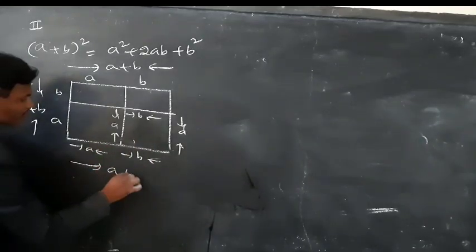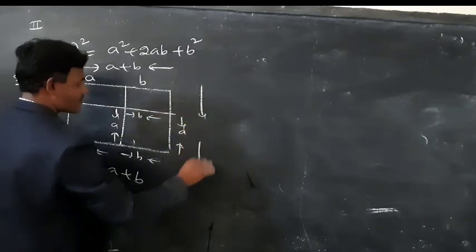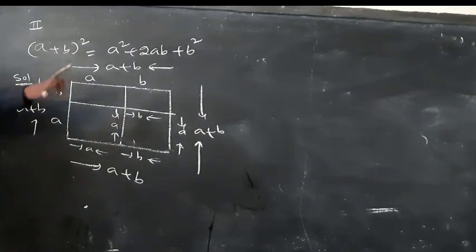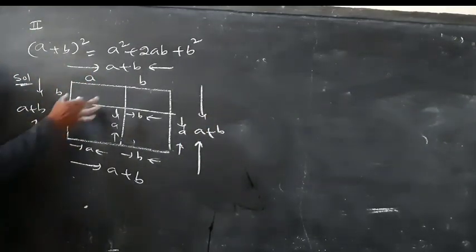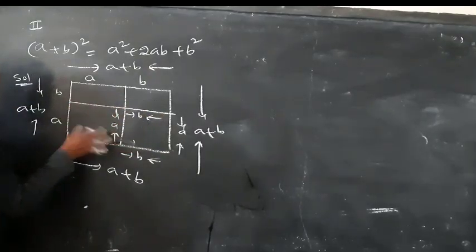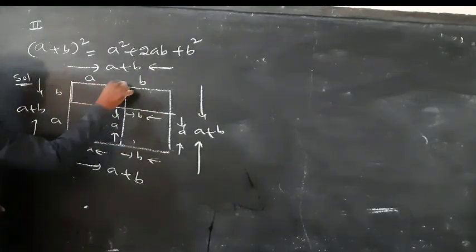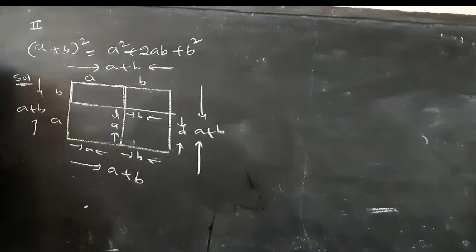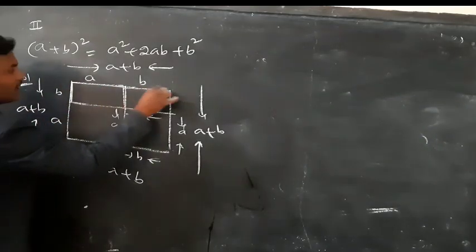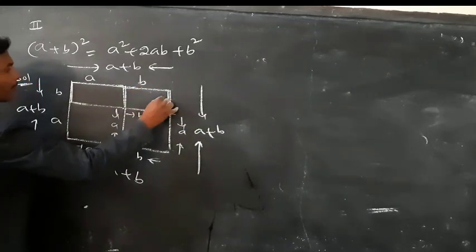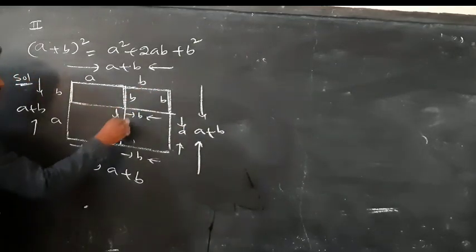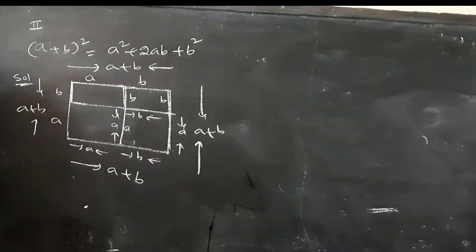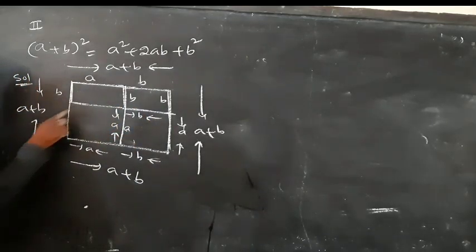Here I am taking one square with A plus B units. So I divided that square into 4 parts. What are the measurements of our first part? Length is A and breadth is B. Now move to the second one. Here one square is formed with B units. And third, this also: length is A and breadth is B. So similarly the fourth one is a square with A units.